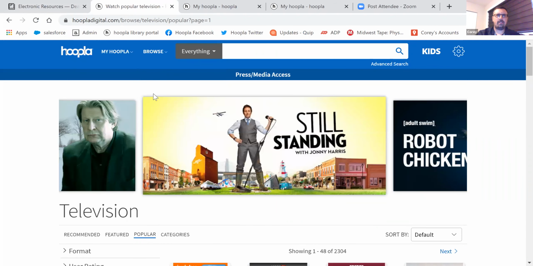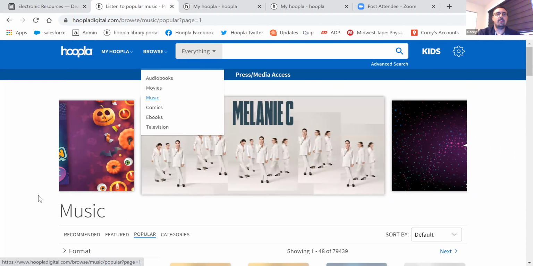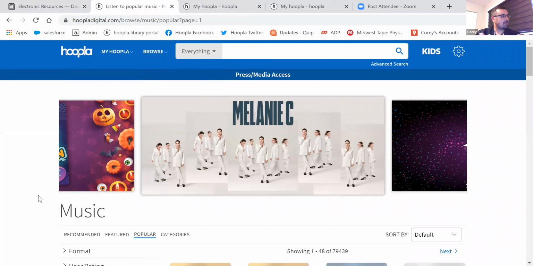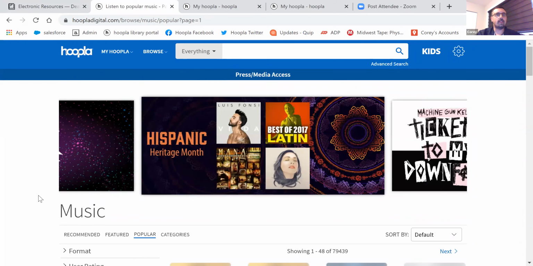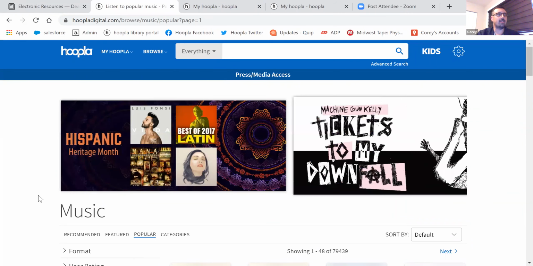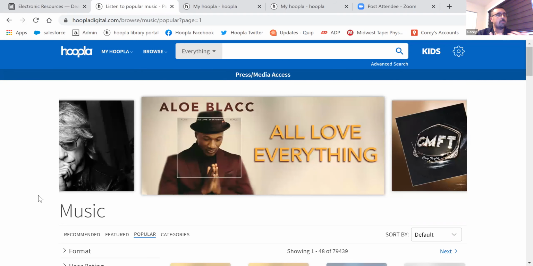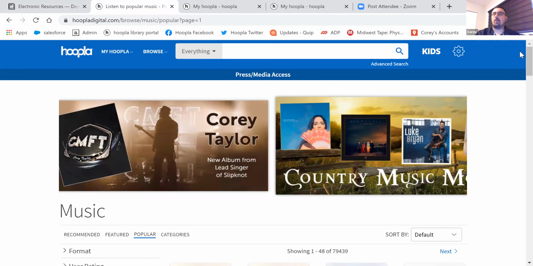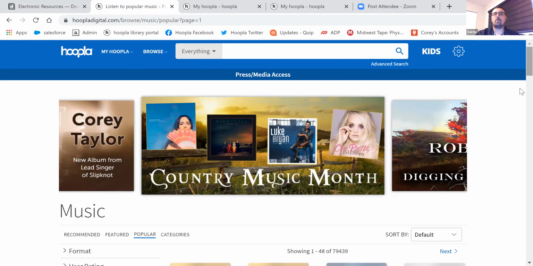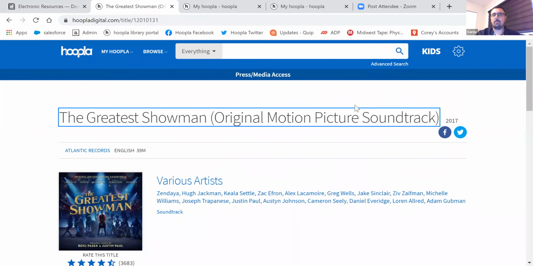A few other formats here, as I mentioned, music. This is a collection that is pretty exciting for libraries because we do have the largest digital collection of music. We work with all the major providers except for Sony. Our music is day and date, so the day it releases physically, it is available on Hoopla unless it's a Sony album. So like if Taylor Swift releases a new album or something brand new releases, we're going to have it available. What's a little bit different though, I don't know if you've used any of the other music services out there,